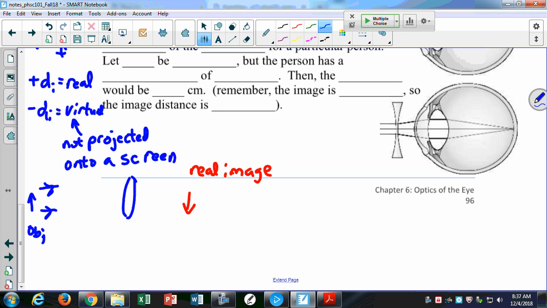Okay, real images. Real images have a positive image distance. Virtual images, on the other hand, this is a virtual image. A virtual image is on the opposite side of the lens. You can't project this onto a screen. It's sort of hard to think about how we get an image on the opposite side of the lens, but